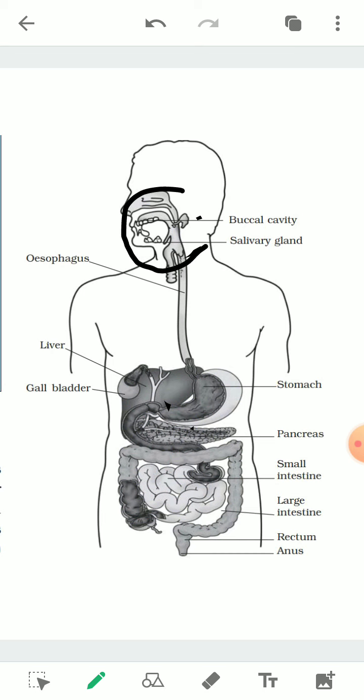This portion is known as the buccal cavity, where teeth are involved and the food particles are well mixed with the saliva. The saliva contains an enzyme called salivary amylase, which helps in the breakdown of starch into simple sugar. After the food is transformed into a thick paste-like structure, the food is pushed